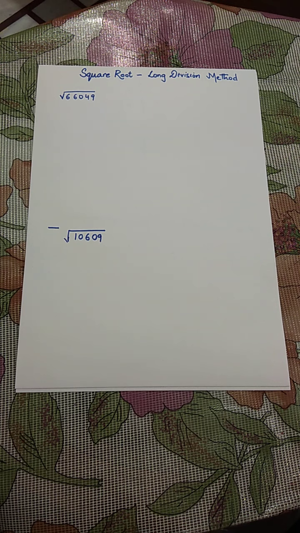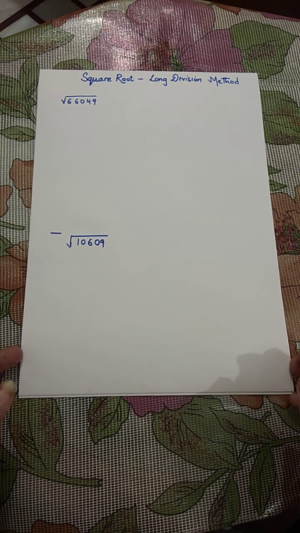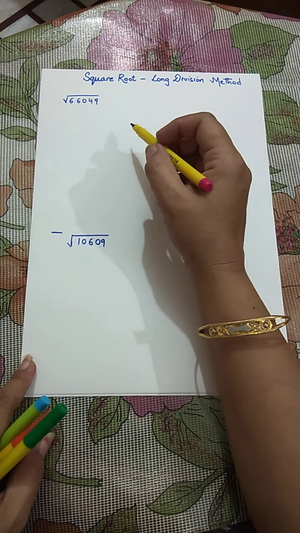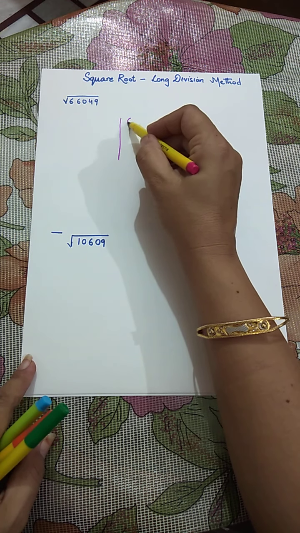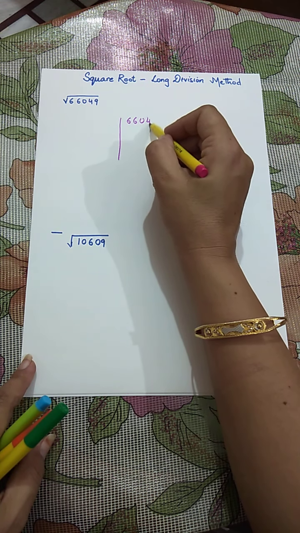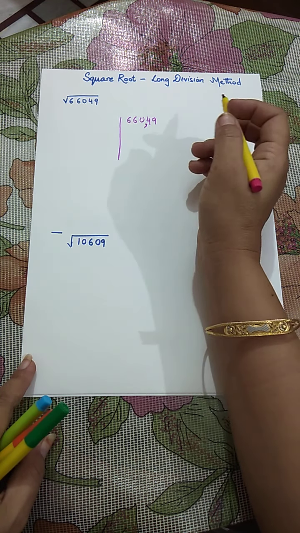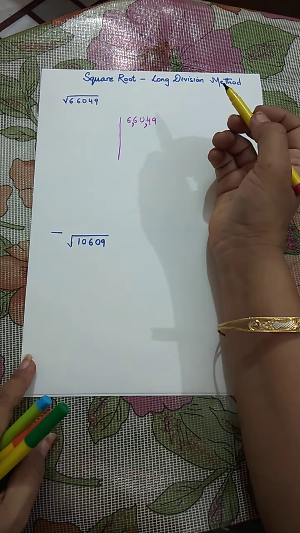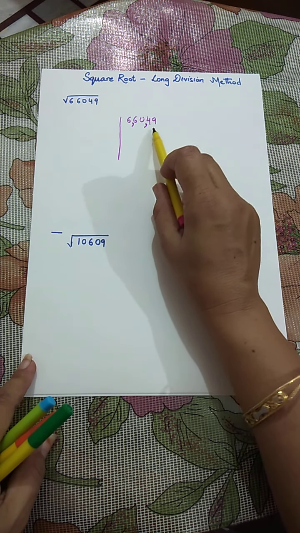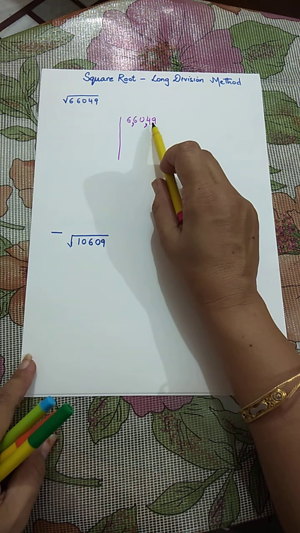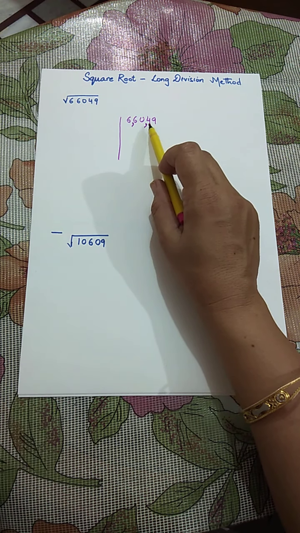So the most reliable, easy and quick method is the long division method. So today we are going to do that method. For that, the first step is that the number whose square root you are going to find, you have to first make its pair. Remember, the pair has to be made from the back, means you have to insert the commas while making the pairs. So this is how I am going to make the pairs. From the back I have made two pairs and put the commas after every pair.